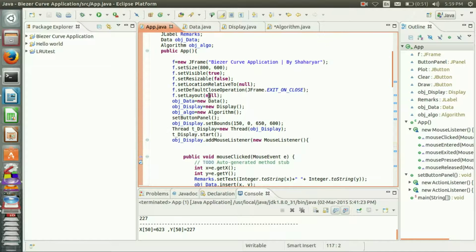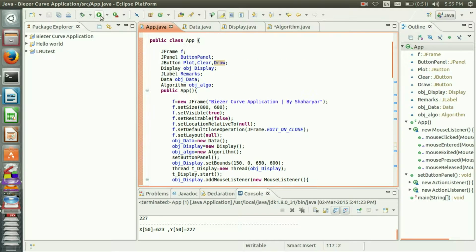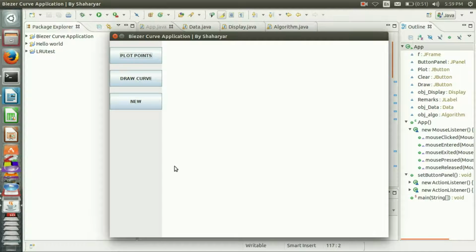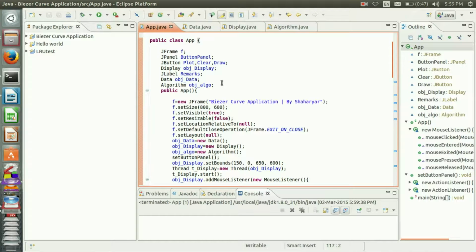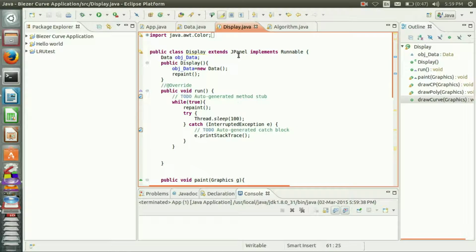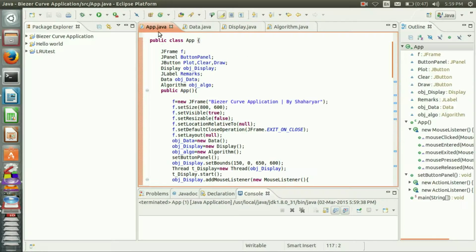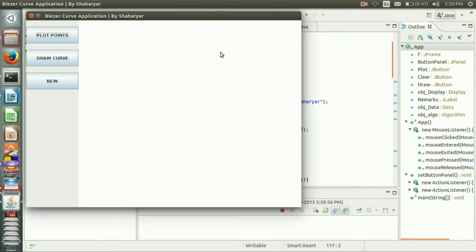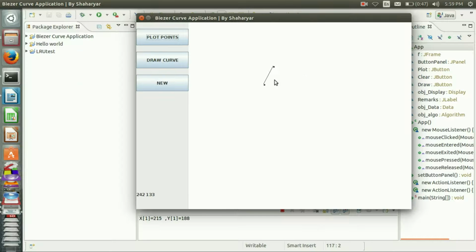This is the panel that you see here. This is actually a display class, an object of the display class. We extend JPanel, so to get the points on the panel,